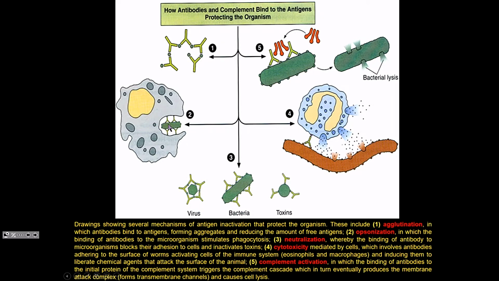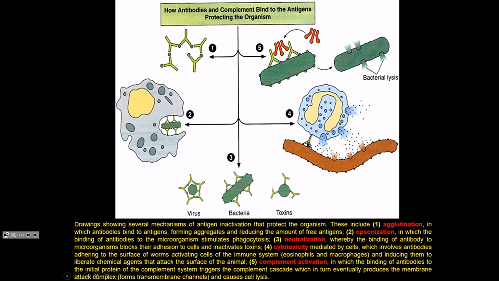The second is opsonization, where the binding of the antibody to the bacteria tags it for phagocytosis by our macrophage. The third is neutralization, where again the antibody binding to our pathogen essentially inactivates the toxin because it's surrounded by antibodies, so the toxin or the pathogen doesn't have ready access to cells. The fourth is